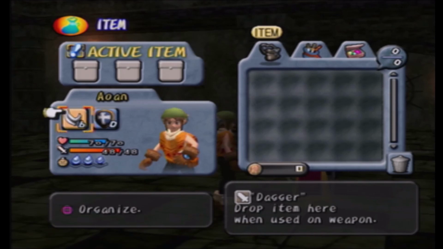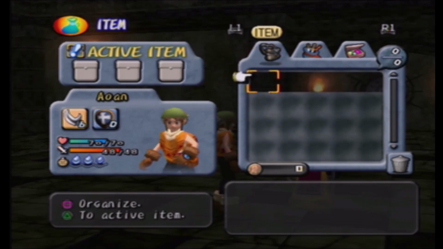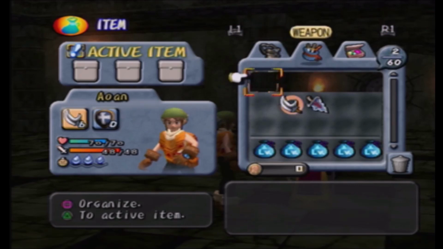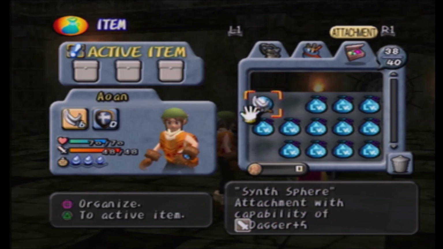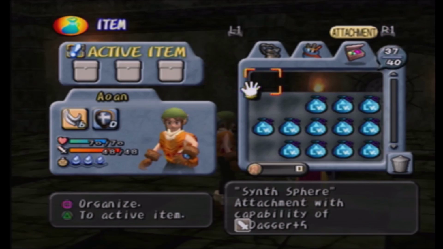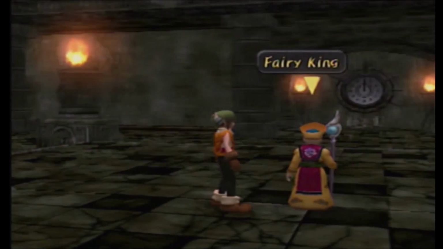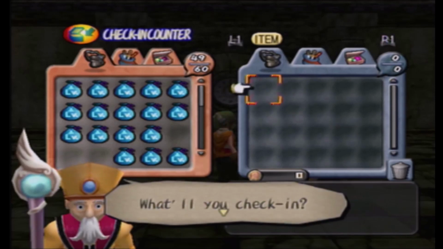So now we go to our item menu, press right 1, 2, 3 times, and it'll bring you above the first slot of your inventory. Press up to bring down a blank menu, or a blank row, excuse me. Press R1 twice, or just L1. But you want to get to your attachment menu, grab it, press left and then right, and drop it into this blank row. So now you can leave and go back to the check-in counter, talk to the Fairy King,